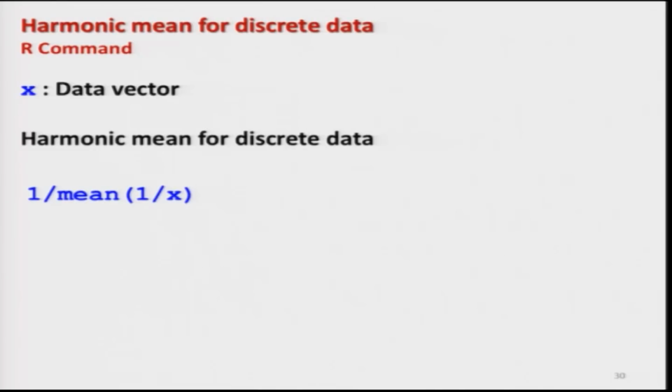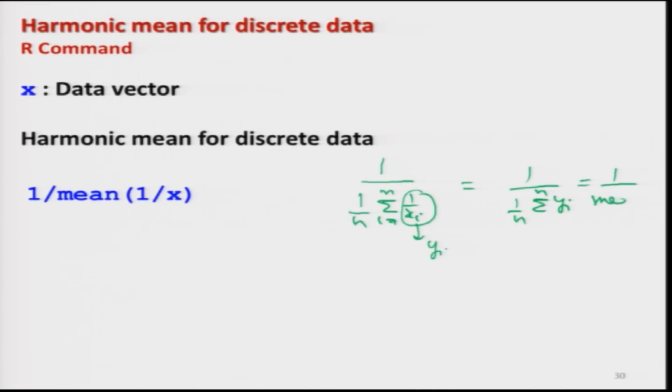Just by using the built-in function and by looking at how the mean has been defined, one can easily do it. The command I am writing is for this quantity: 1 upon n, summation i goes from 1 to n, 1 upon xi. If I denote 1 upon xi as yi, then this quantity becomes 1 upon 1 upon n summation yi, which is nothing but 1 upon the mean of y.